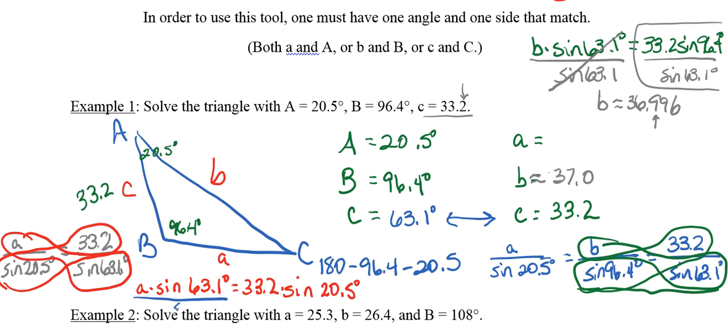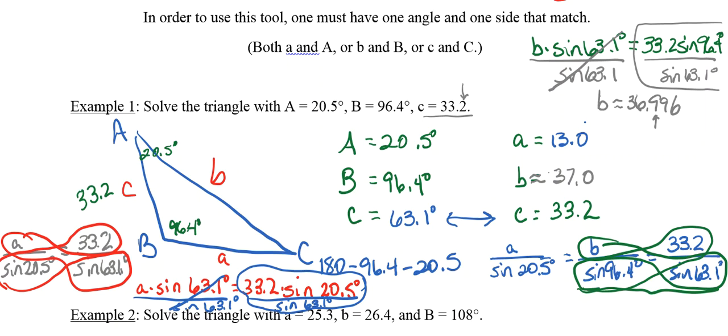I'm going to divide by sine of 63.1 on both sides. So a is equal to this. I'm going to plug all of this into my calculator: 33.2 times sine of 20.5, get outside of my parenthesis, divide by sine of 63.1, and to the nearest tenth I get